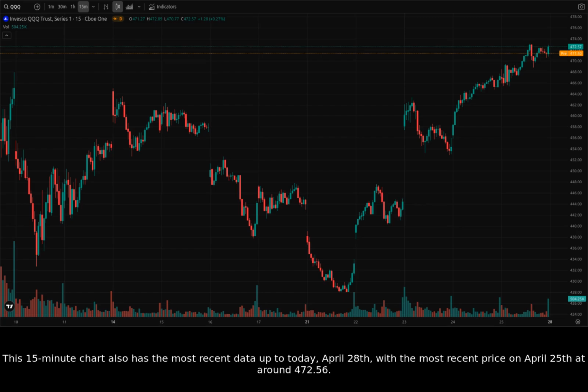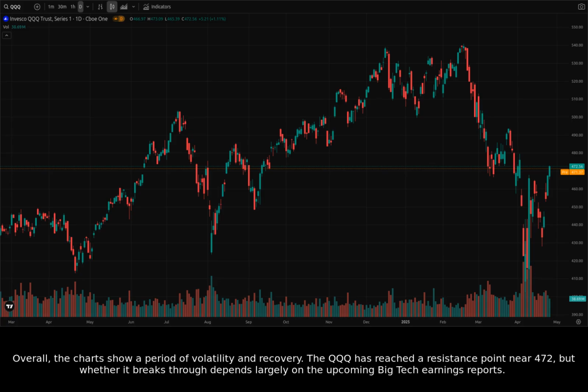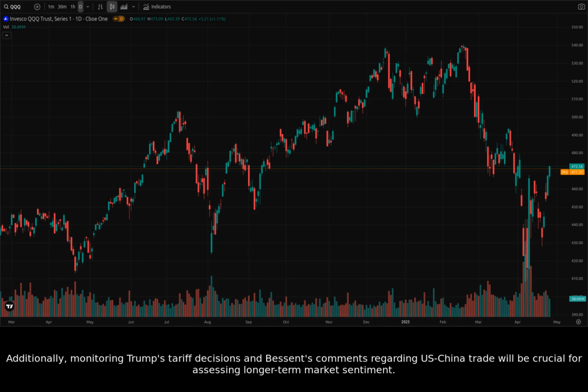This 15-minute chart also has the most recent data up to today, April 28th, with the most recent price on April 25th at around 472.56. Overall, the charts show a period of volatility and recovery. The QQQ has reached a resistance point near 472, but whether it breaks through depends largely on the upcoming big tech earnings reports. Additionally, monitoring Trump's tariff decisions and Besson's comments regarding U.S.-China trade will be crucial for assessing longer-term